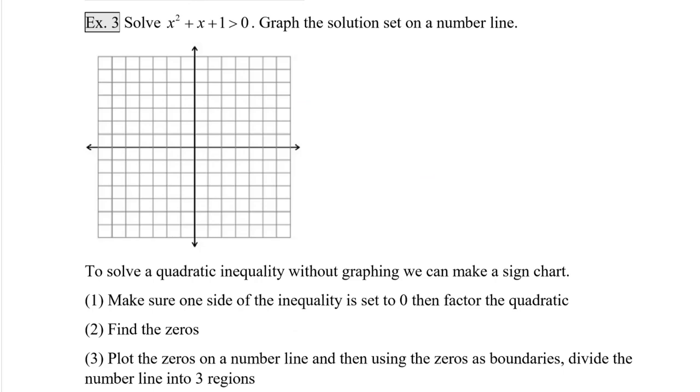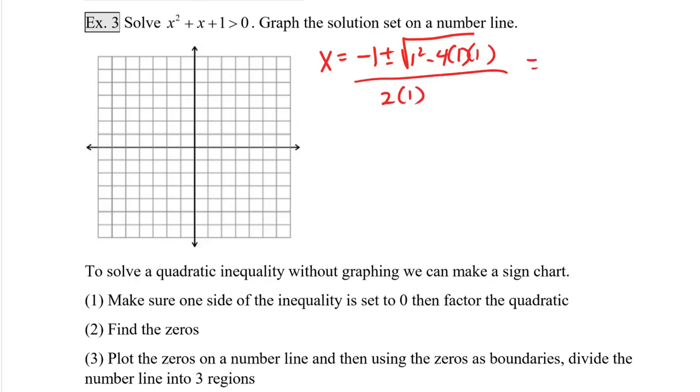Sometimes parabolas don't have any x-intercepts. In example 3, we're asked to solve x squared plus x plus 1 is greater than 0, then graph the solution set on a number line. Well, you may recognize that x squared plus x plus 1 is not factorable. So we have to try the quadratic formula. So we'll do x equals -1 plus or minus the square root of 1 squared minus 4 times 1 times 1, all over 2 times 1. Well, I don't need to do any more work because I'm seeing right here that my discriminant is a negative number, so this means that we have no